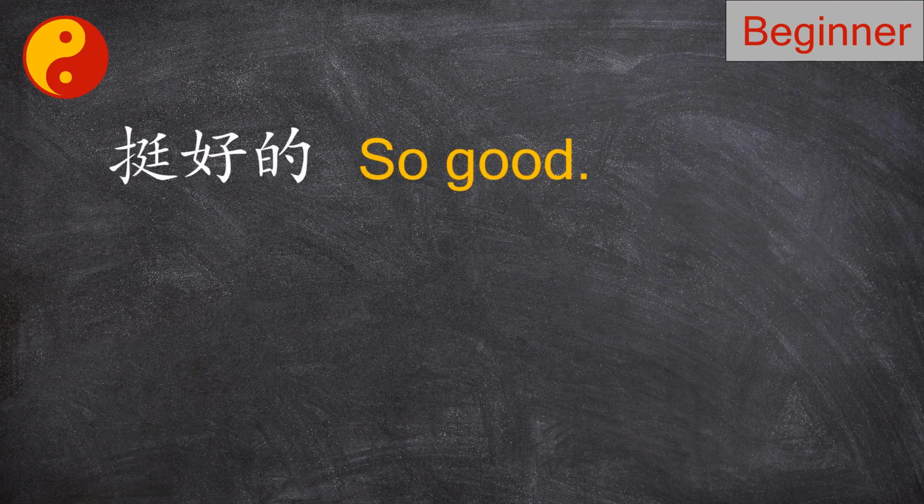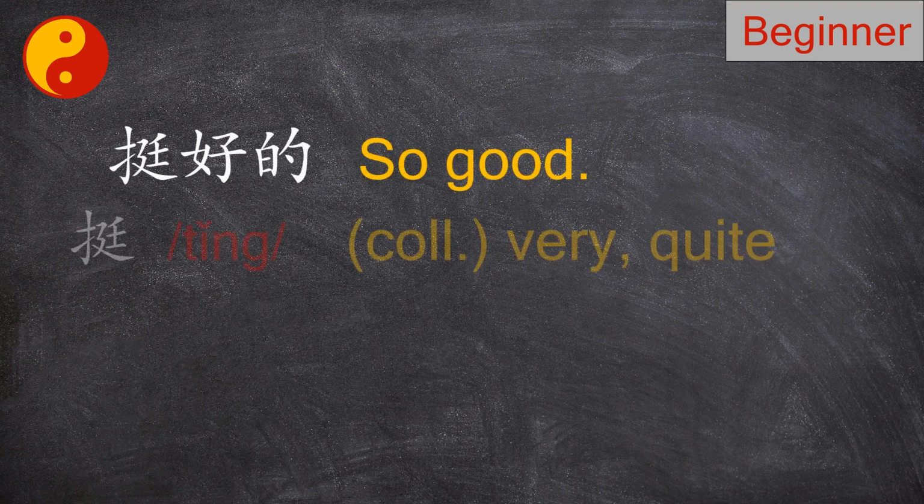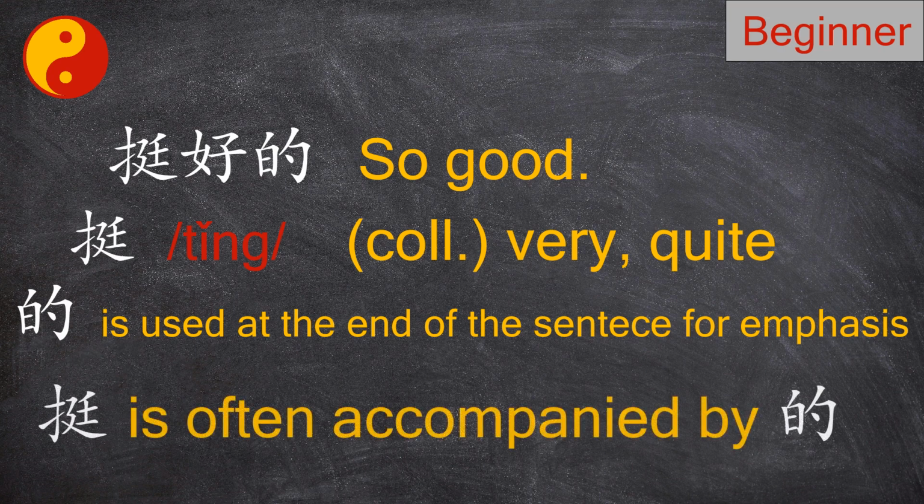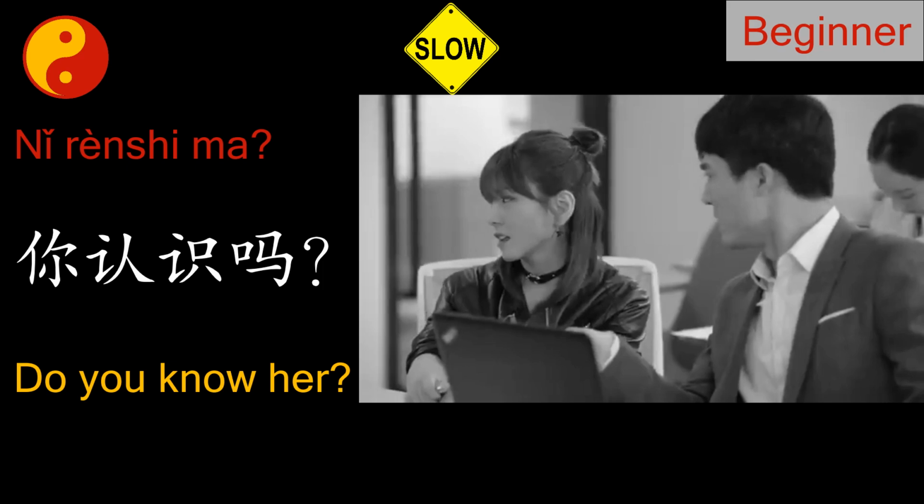挺好的 so good. 挺 is a colloquial term which means very, quite. The 的 is used at the end of the sentence for emphasis. Since 挺 means very and one function of the 的 is for emphasizing, 挺 is often accompanied by the 的. 你认识吗？